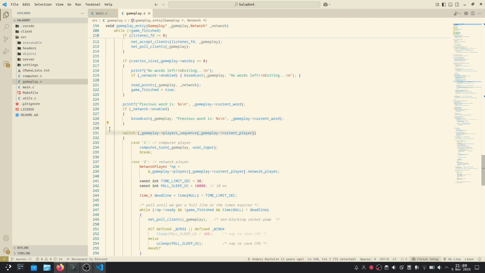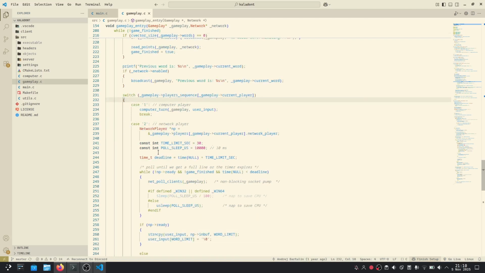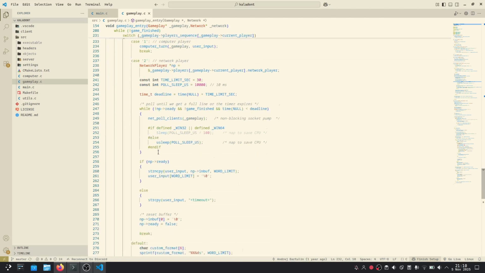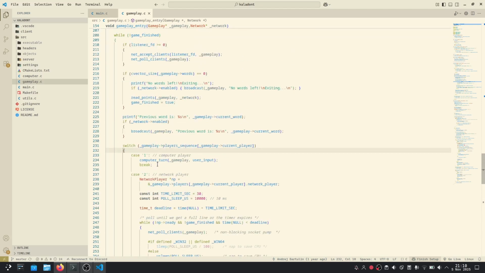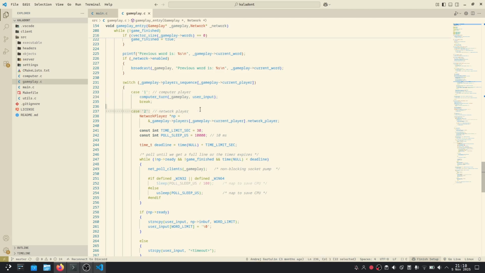Right, so in Kaladont, 3 types of players can play at the same time: computer player, network player, and the terminal server player. So in case of a computer player, the computer turn will return a string, and in the case of a network player, we are waiting 30 seconds